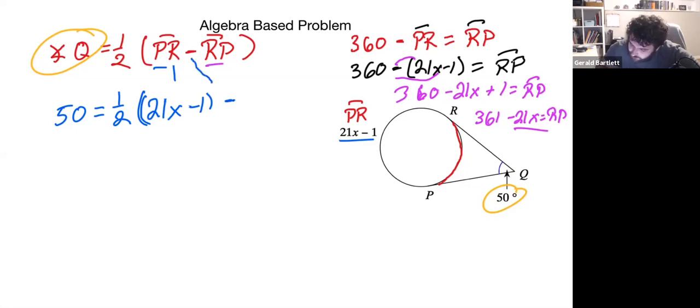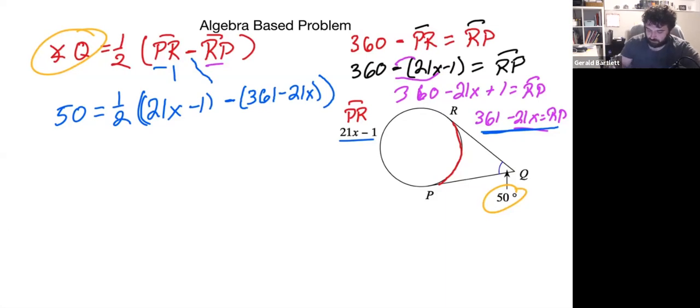RP we got over here, and that's going to be in parentheses itself, 361 minus 21x. Do that little trick I just showed you guys, multiply both sides by 2 to get rid of the fraction because you don't want the fraction to have any part of that. So 100 on the left equals, combining your like terms here,